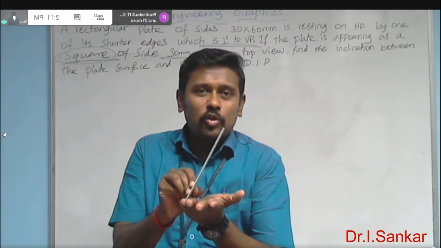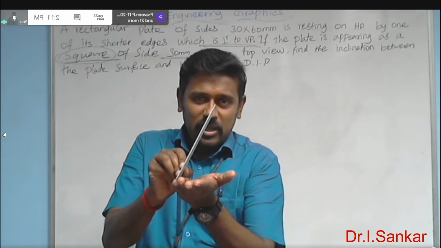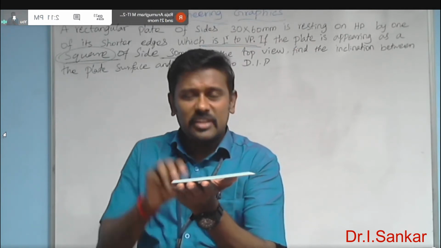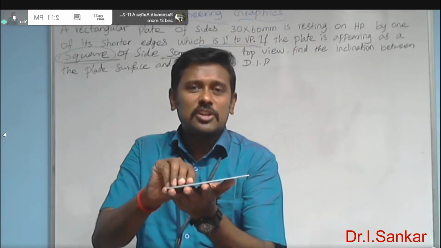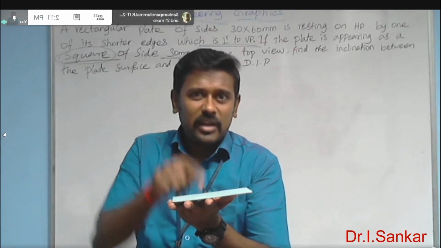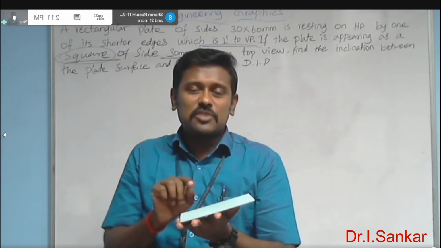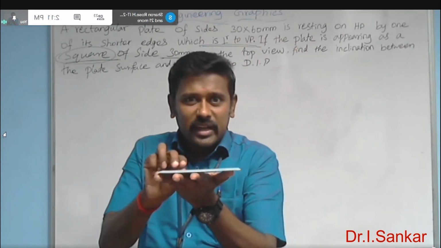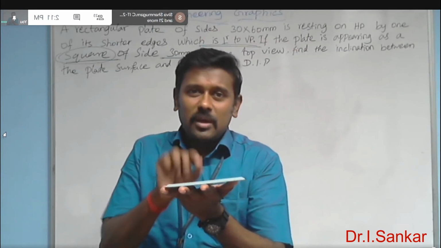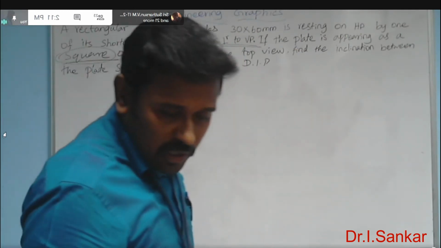So what you will do, like the previous question, the angle of the inclination with respect to HP can be declined and considered as 0 degree. That is, we are just neglecting the angle of inclination with respect to HP. Then only we can see the rectangular shape of this plate in the top view. In the front view it is not possible. So in the top view you can see. So this is the first work we needed to do. So in that way you have to draw the simple front view and simple top view of the plate. In the first step of your answer, first of all you have to draw the XY line.